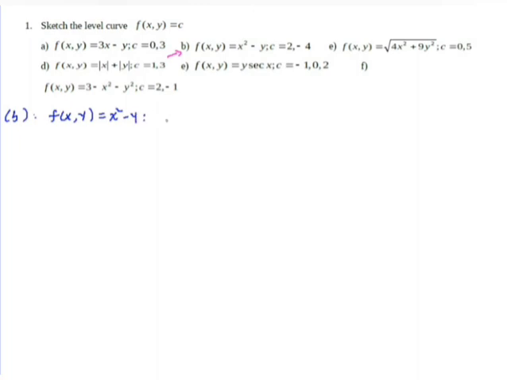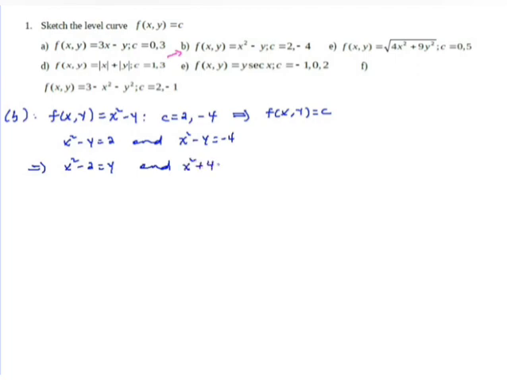And c here, c ስንትና ስንት ነው? 2 እና minus 4 ነው የተሰጠን። So we will see what it looks like. f of x comma y is equals to c means x square minus y is equals to 2 and x square minus y is equals to minus 4 ነው የሚሆነው። ይሄንን እንዴት ብለን ልንጽፍ እንችላለን? x square minus 2 is equals to y and x square plus 4 is equals to y ይሆናል።